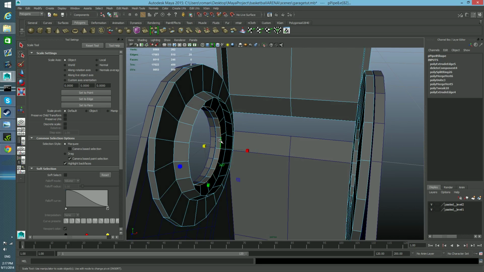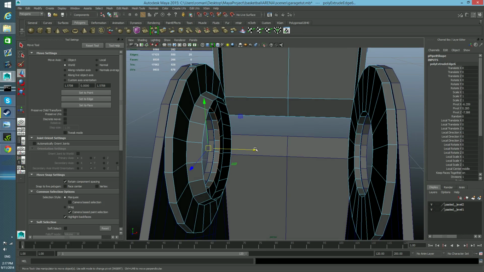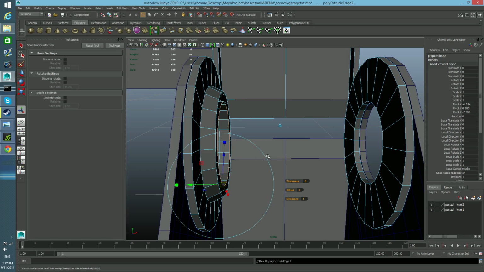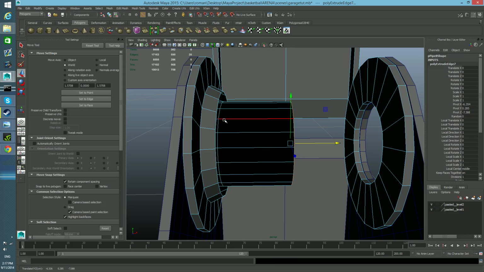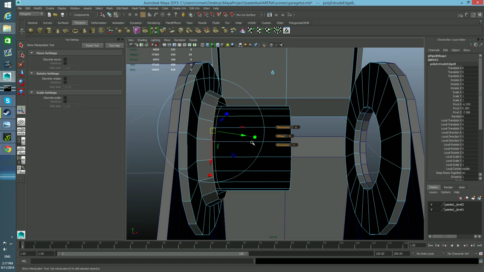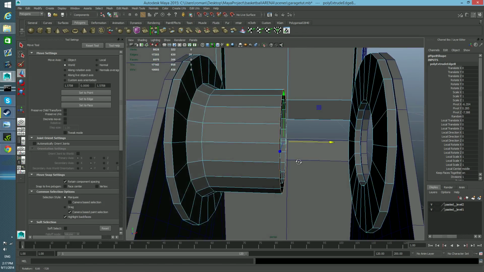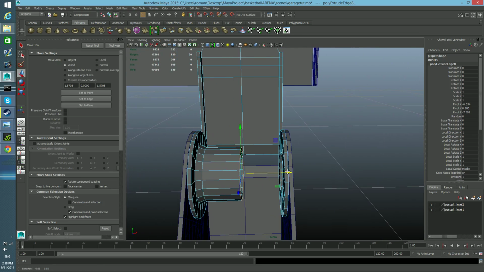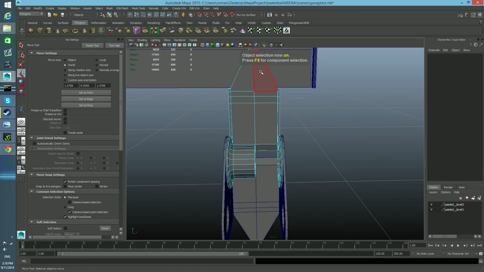now double click on this one, extrude it, switch to move tool, hold on the V key and snap it to this one, and then extrude it once again, switch to move tool, hold on the V key, extrude it to the center, and then extrude this one once again, switch to move tool, hold on the V key, and to the center. So we created this thing, okay? So with that, we can simply, again, delete half cut of this,